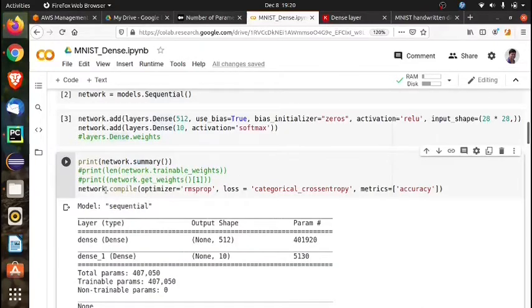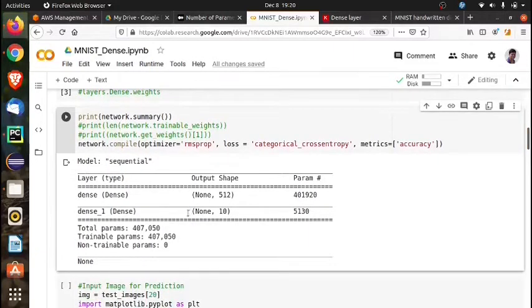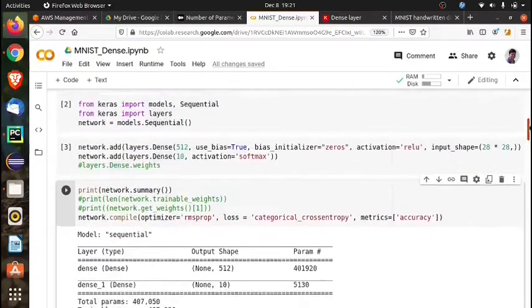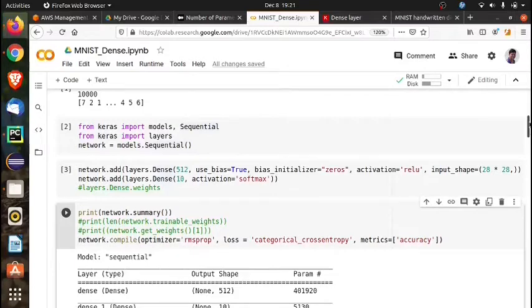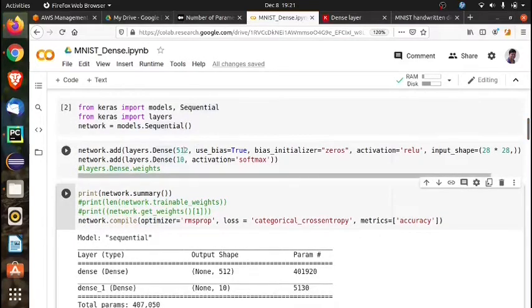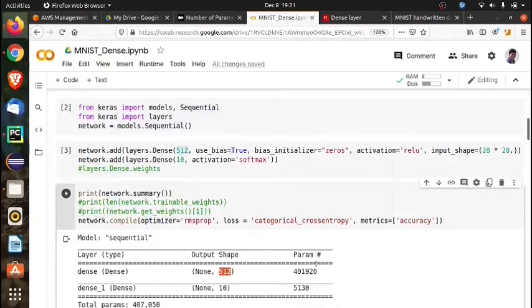Okay, now it says the model is sequential, and the output shape of this particular layer. You can see the first parameter is the number of units which we have given, 512, and another thing is the parameters.